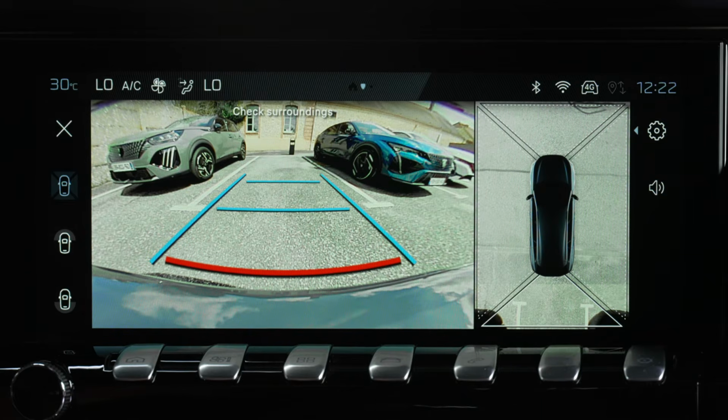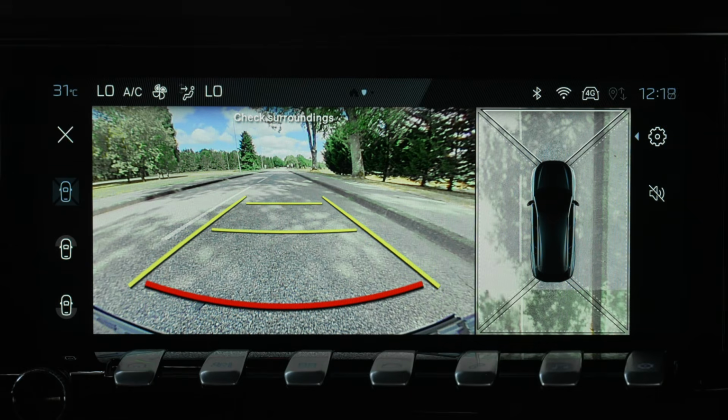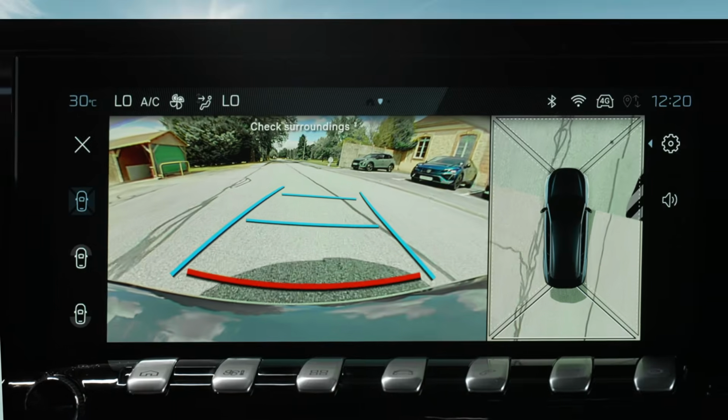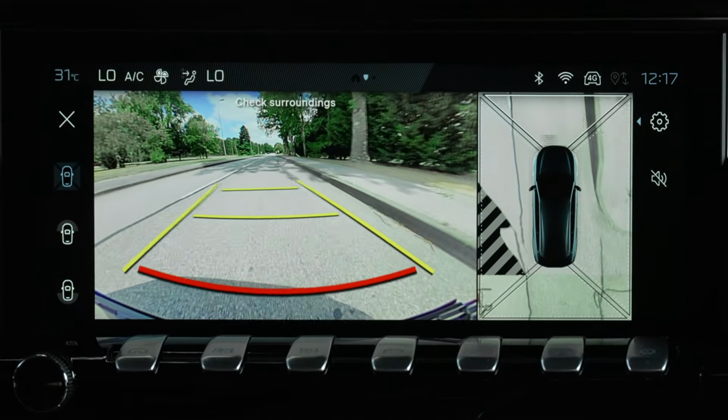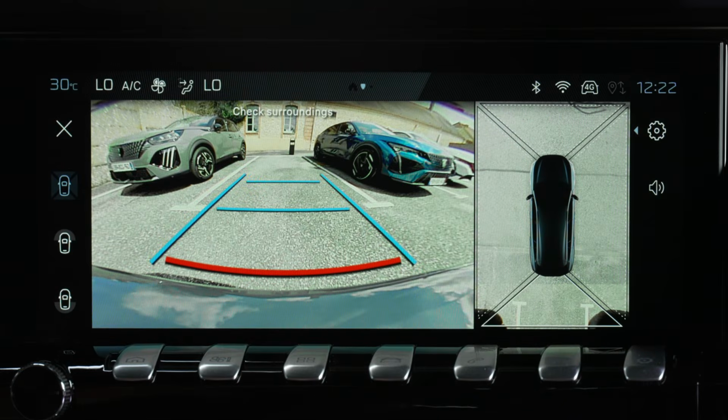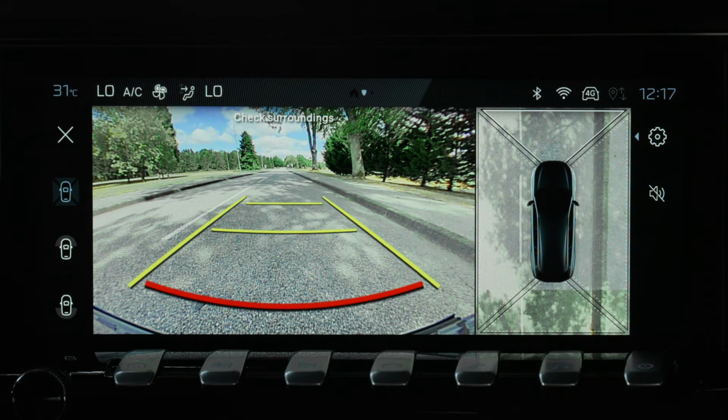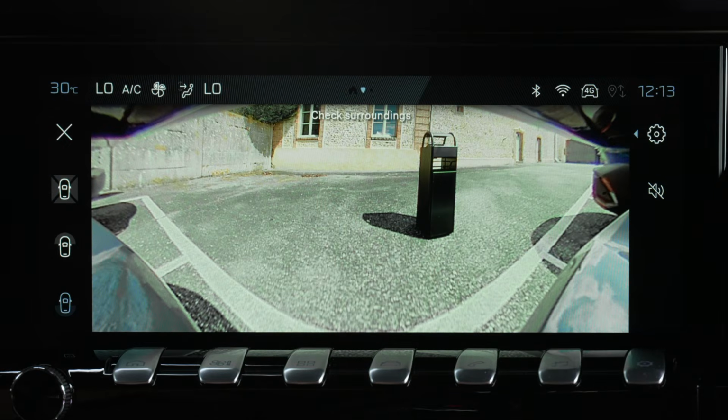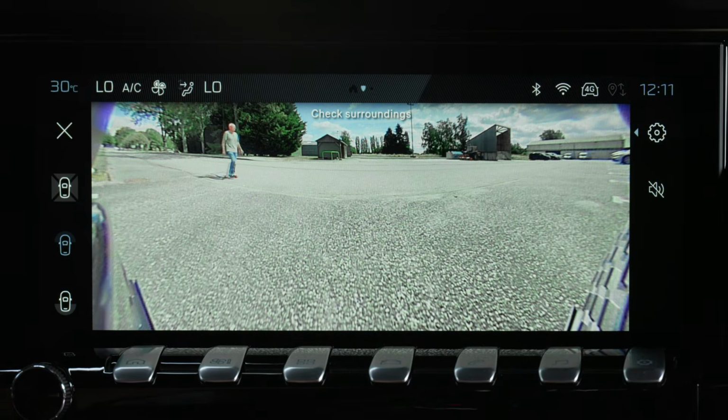The standard view is displayed on the screen, in front or rear camera. The gauge lines in blue at the back and yellow at the front represent the width of your vehicle with its wing mirrors extended. They are oriented according to the position of the steering wheel. The red line represents a distance of 30 centimeters from the front or back bumper. The 2 blue lines at the back and the yellow lines at the front represent a distance of 1 meter and 2 meters respectively. This view is available for automatic display or manual display when selected in the left-hand lateral